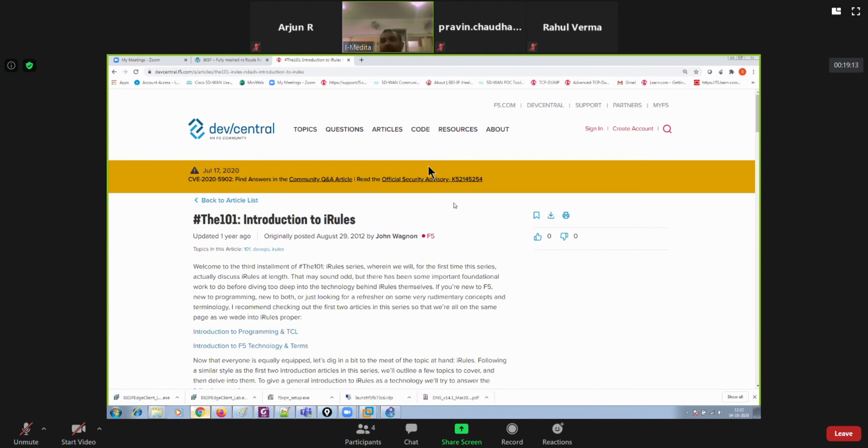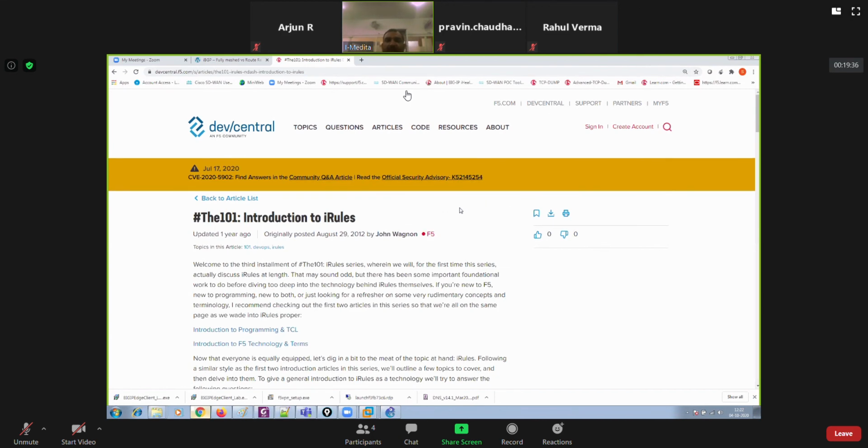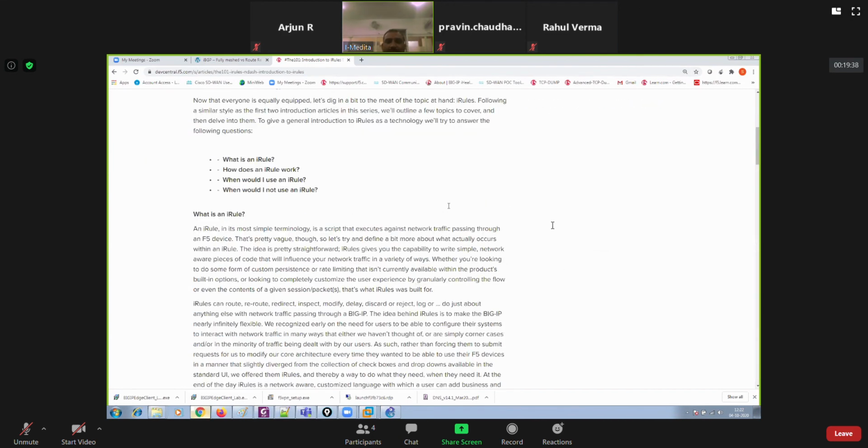Like you have some tasks to do, but you cannot perform the task using your GUI or maybe using some CLI commands. So if you have something to do which you cannot perform using the GUI console or CLI console, in that case, you can go for the iRules, and you can utilize your iRules to fulfill your requirements, right? And that's where it becomes really important, right?